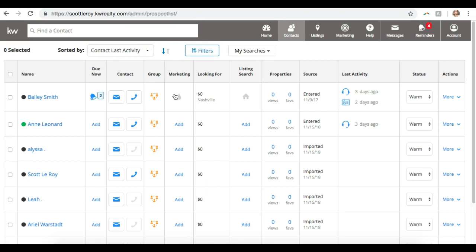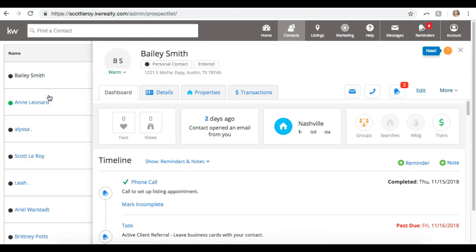This page looks the same, but if you have been using eEdge, the database in here, you'll notice that there have been some changes. So what we're going to do is go into one of our contacts to edit their information. So I'm just going to click this first one here, click on the name, and when we do that, we can see that this little window expands and pops over, and you can see that this looks pretty different. All the same information is here as before, they just have it laid out in a different